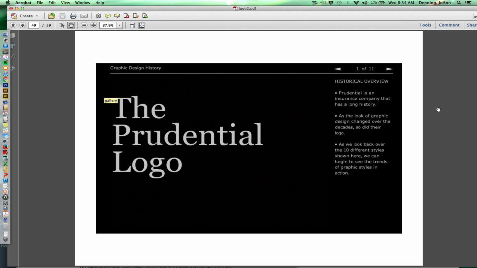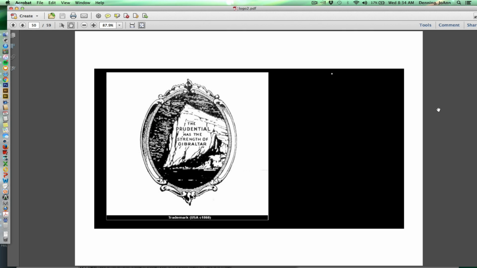So we'll just start out with their initial logo here, which is just so ornate and decorative. And this logo was designed in 1860. So back in the late 1800s, there wasn't much brand identity. So sometimes people had logos, but they often were kind of like this. They had a lot of ornate detail and a lot of information in there. So you see that this company is just starting out. The Prudential has the strength of Gibraltar was their tagline,